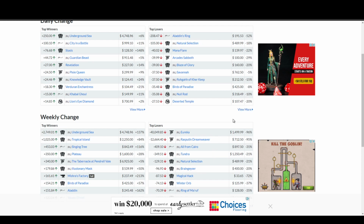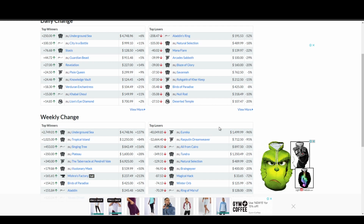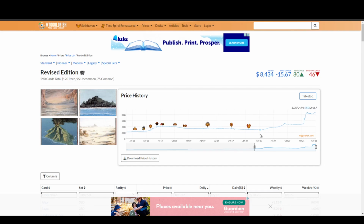Yeah. If they increase interest rates, that pulls liquidity, which should mean that people cash out, but we don't know if that's actually ever going to happen. Not anymore, anyways. Revised edition. So this was one I pointed out earlier, where on April 20th, 2020, it was almost $3,000. Then around the end of last year, it went up to 4,700. And then